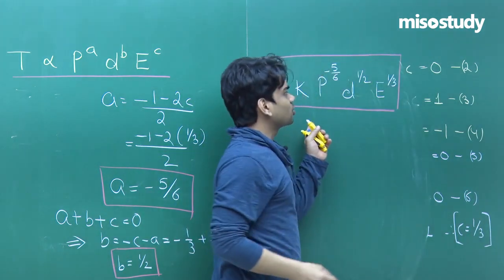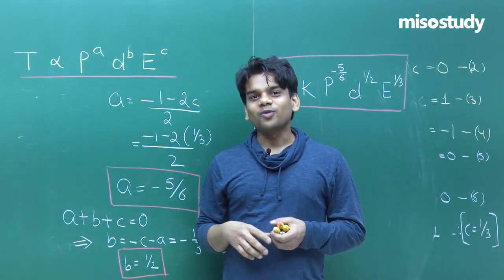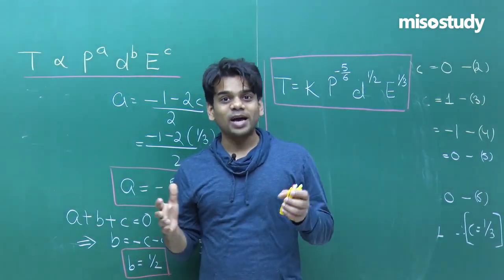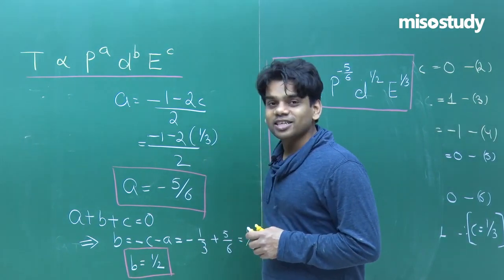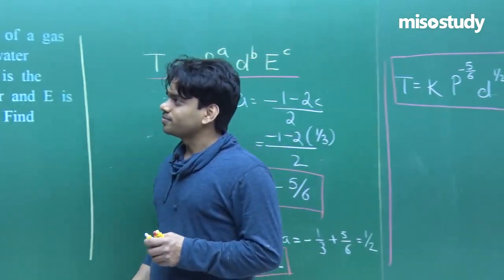So I believe that this question is quite clear to you all. You must have understood how to evaluate a formula if you know how to use dimensional relation to get onto a formula for a given variable. Let's switch to the next question.